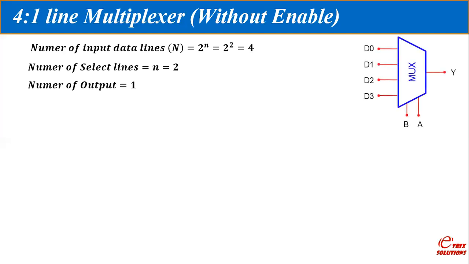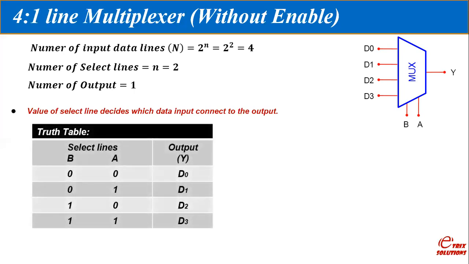So, this is the block diagram of 4 to 1 line multiplexer in which D0, D1, D2, D3 are the inputs and A and B are the selection lines and Y is the output. And as we know that the value of the select line decides which data input connects to the output. So, we can write the behavior in the form of truth table. In this truth table, you can see that when the select lines are 0, 0, the D0 data input will be connected to the output. If the select lines are 0, 1, then the D1 data input is connected to the output. For 1, 0, D2 will be connected to output Y, and for 1, 1, D3 will be connected to output